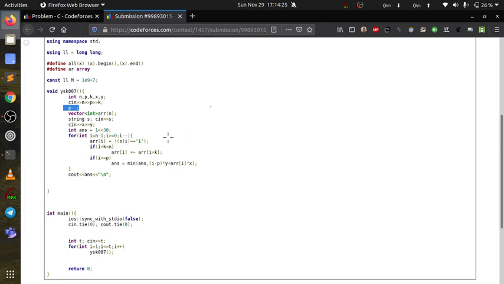So what I am doing here, suppose this was your string. I am starting from the last element, and I am checking if the element is 0. If it is 0, then what I need here is 1. I have to make it 1. So I will make array at index i, means at this position I will make it 1.